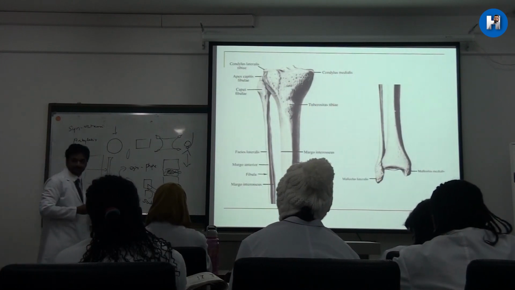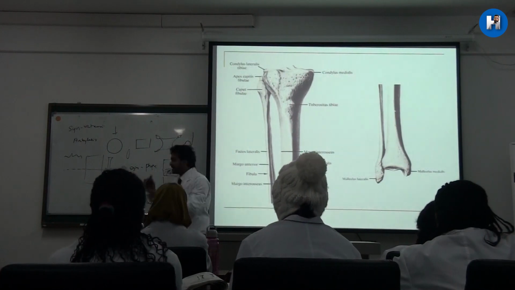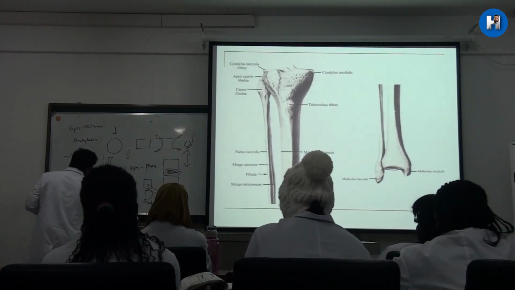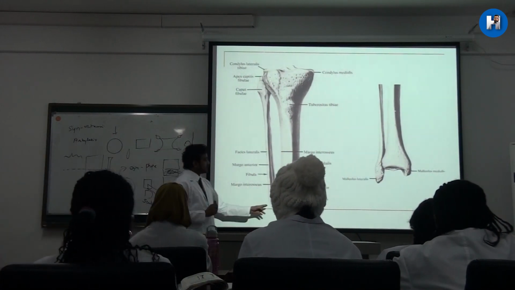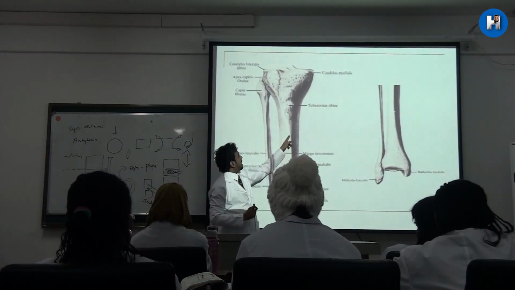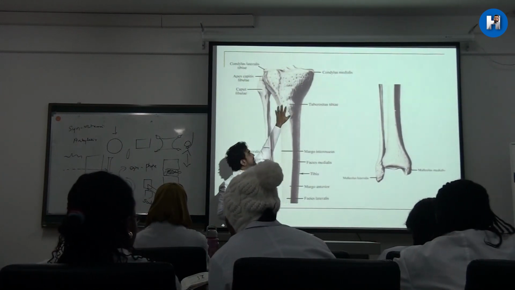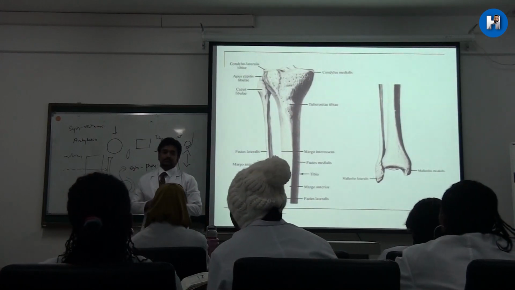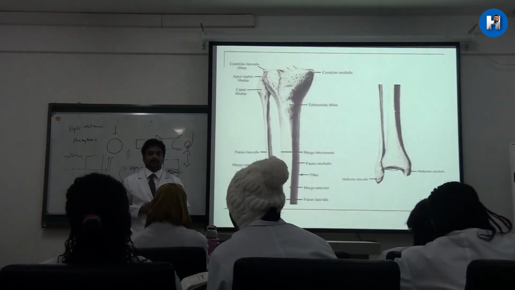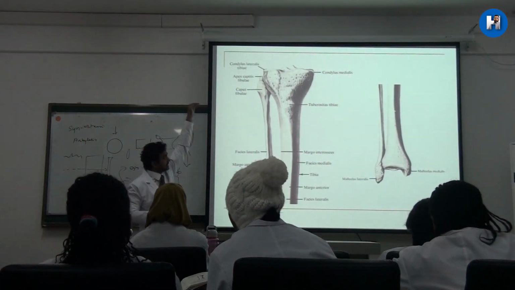And next one will be posterior. This is not prominent in the lower part. Once you take a cut section in the lower part, it is quite round. Understood? So once you continue this anterior margin up, the upper part or epiphysis of tibia, it becomes a big tuberosity. We call it what? Tibial tuberosity. You can remember what will come and attach. Patellar tendon will come and attach here.